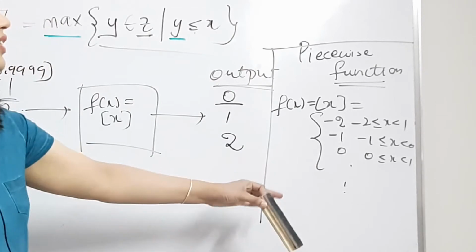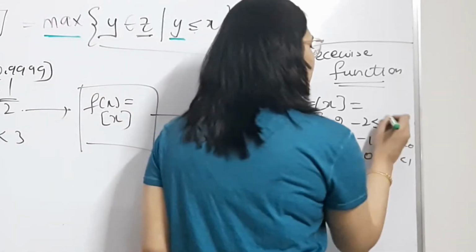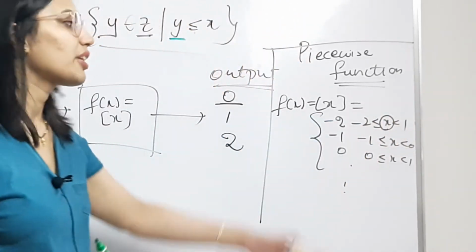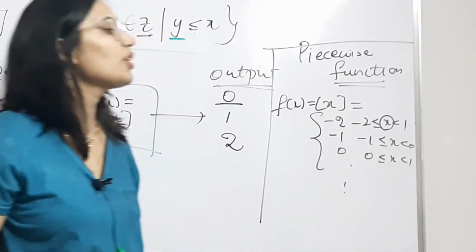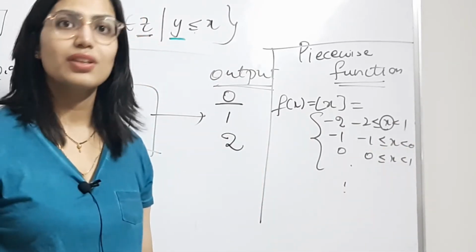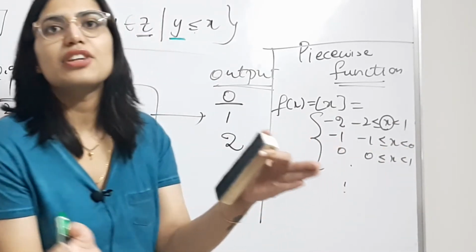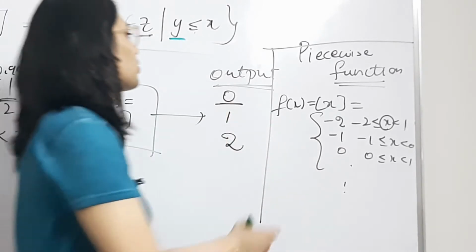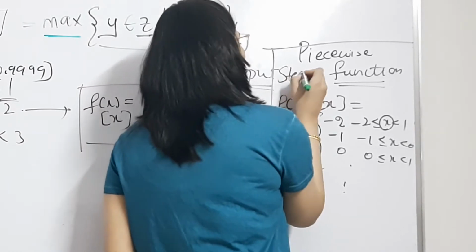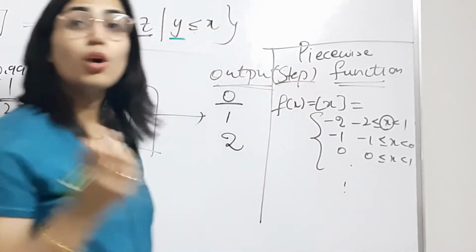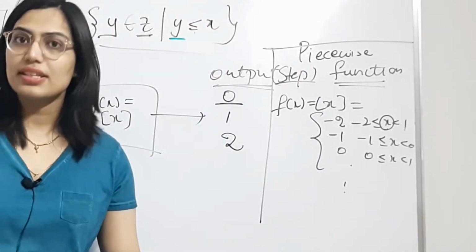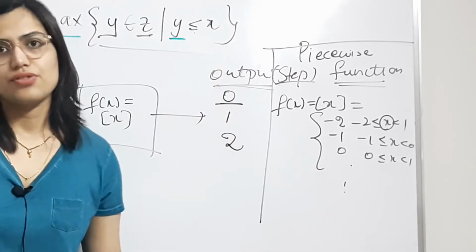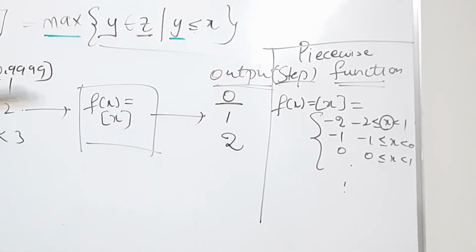Like that you are defining, you are saying that when x falls between minus 2 and minus 1, you'll get minus 2. When x falls between minus 1 and 0, you'll get minus 1, and so on. This is how you're splitting the values of the function based on the definition of that function. That is the reason why you call this step, or you call it modulus or signum. All these are piecewise functions. Okay. So this is all you need to know about the greatest integer function.